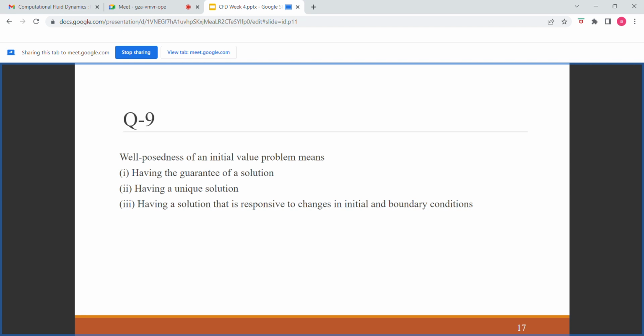Altogether, all of these things should be there in the problem for us to solve an initial value problem. That is what is meant over here. So basically, when we are solving any problem, we look to ensure well-posedness. That is a partial differential equation that we are solving